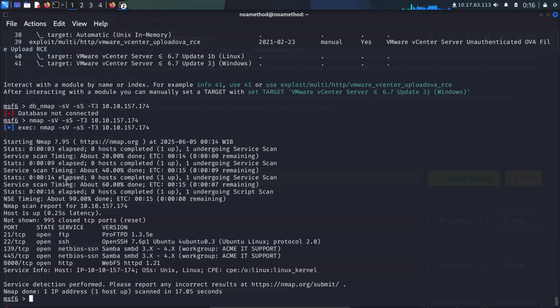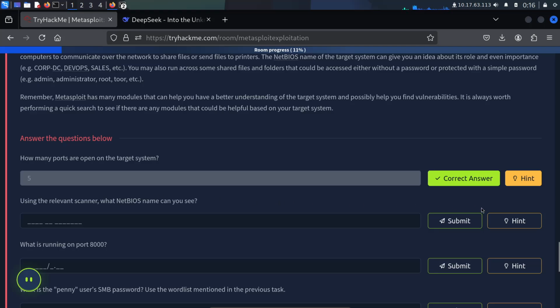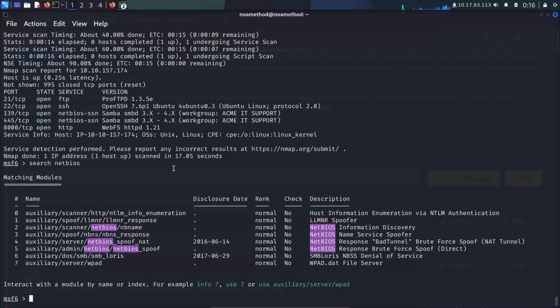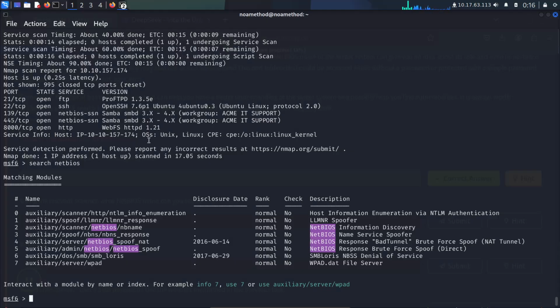We can try to search NetBIOS. Maybe we can try this.